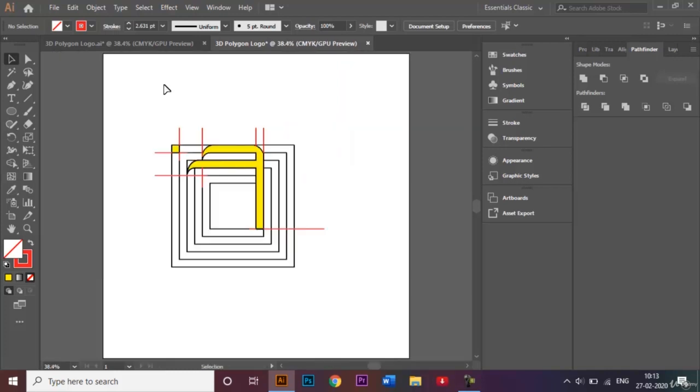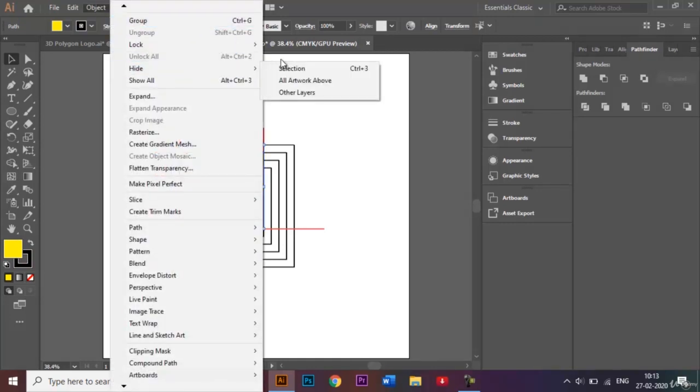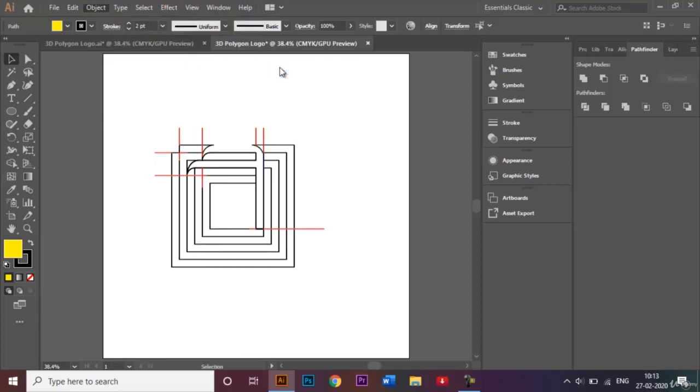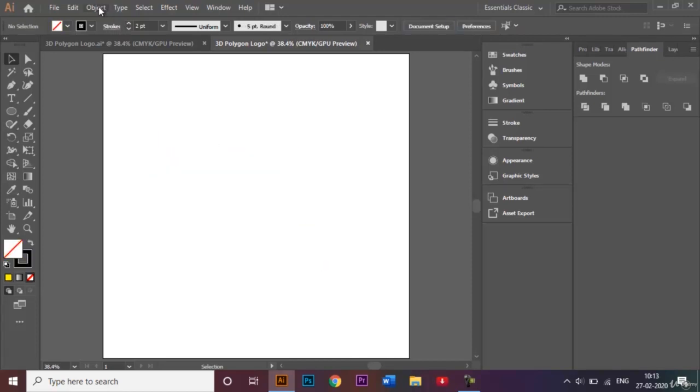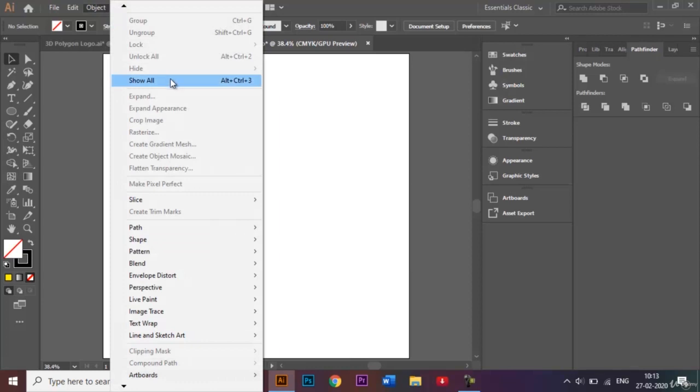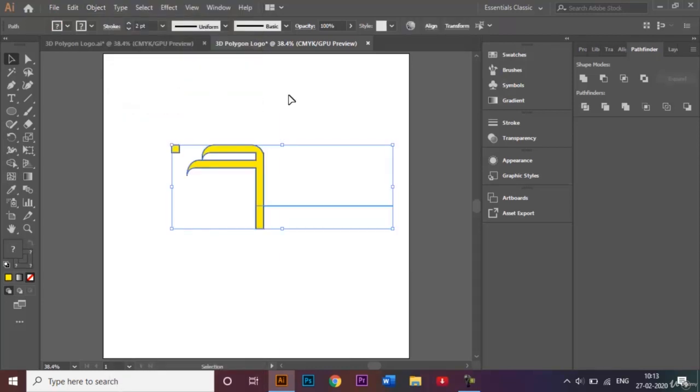Okay. So once you get that, I'll select the shape we just made, the yellow ones. Go to Object, Hide, and click on Hide Selection as of now. So once you've done that, we can go ahead and delete the grid we just made. Go back to Object and click on Show All. So once we get this,